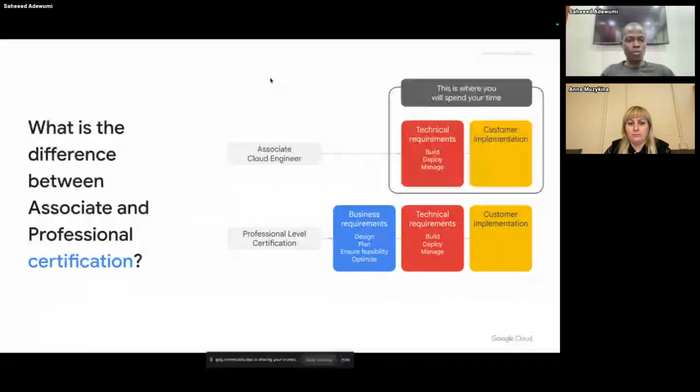After this course, we can decide to do a professional level or associate. And what is the difference between associate and certification? So associate focuses on data and customer implementation. So technical is, say for instance,